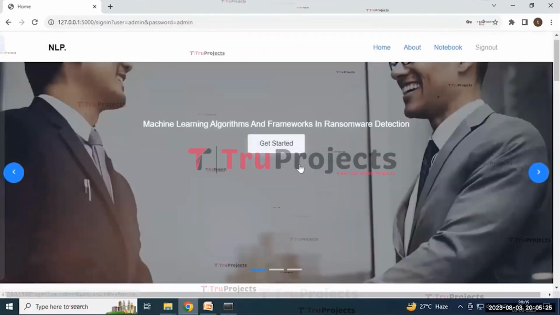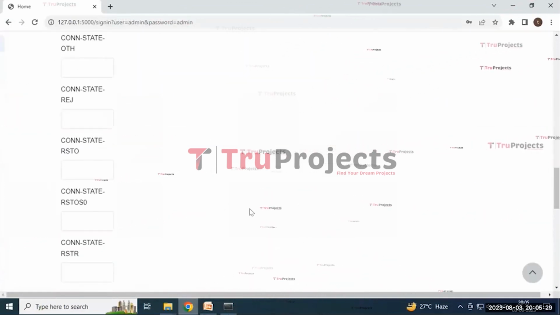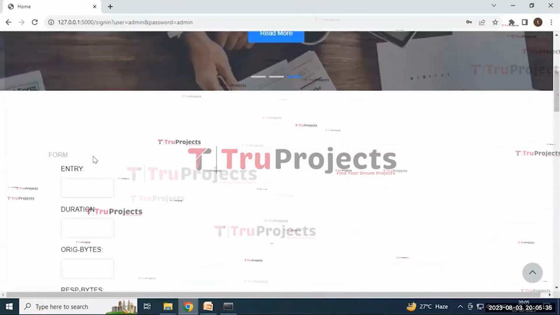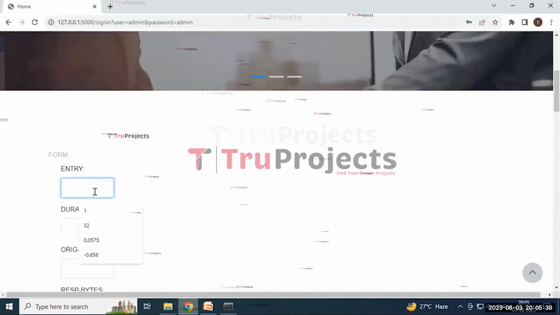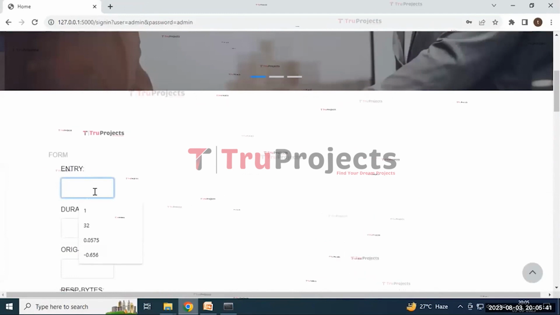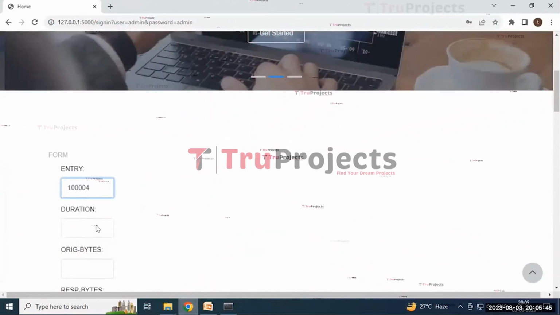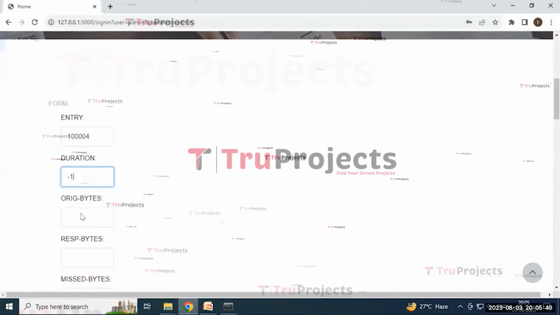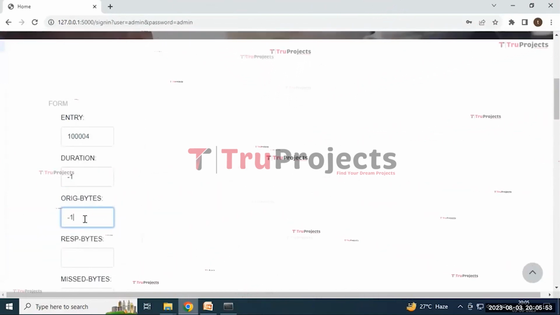Here it will redirect to the page containing some details that need to be filled to detect it. And I'm entering those details: entry as 100004, and the duration is -1, and the original bytes is -1,